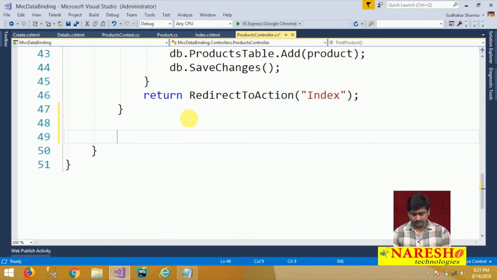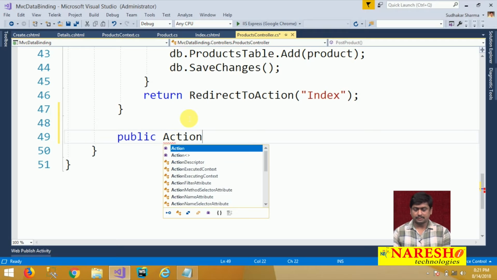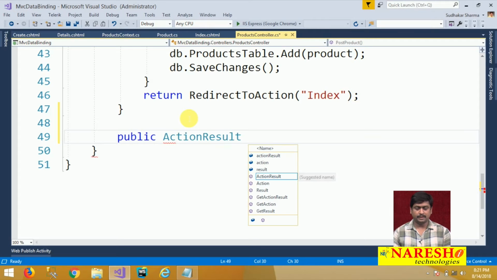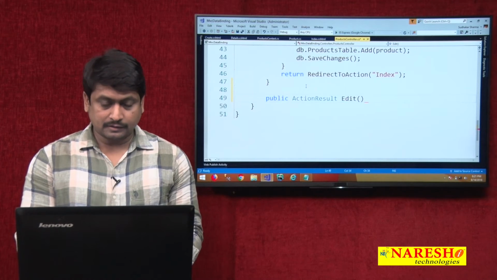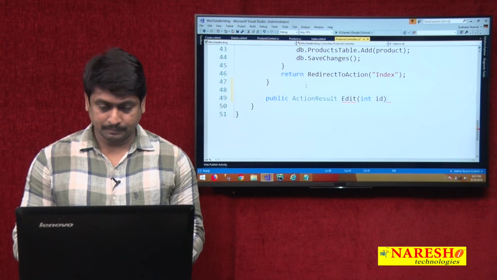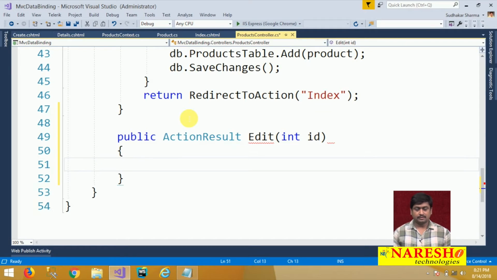Now, I am designing public ActionResult Edit, and it is expecting an ID. First, I need to search for this particular ID related product. I will make it nullable, so that if the ID is not provided, and edit is invoked directly,